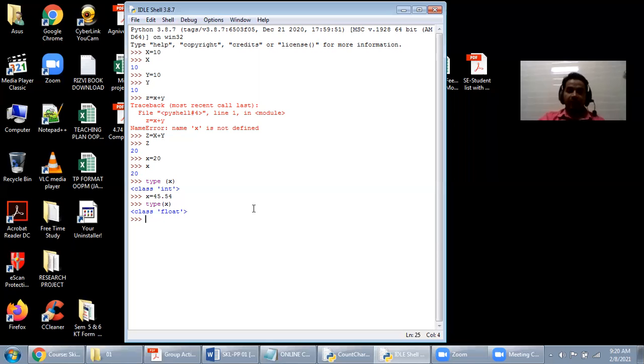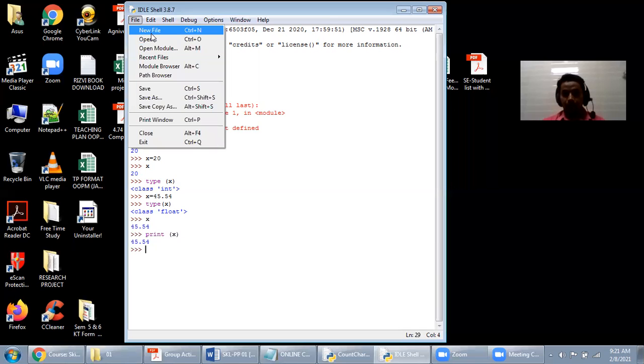But whenever you write a complete program, here the value of x is directly printed. Whenever you write inside your program, the complete program, you have to write the print statement to print a value. Print, followed by the variable x, which you want to display. By using this, you can print. In this way, you can individually execute a single statement. Now, suppose you want to write your complete program in one place. Here you have to go to File, then select the New File option.